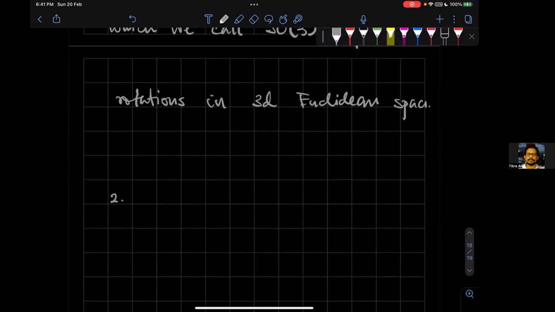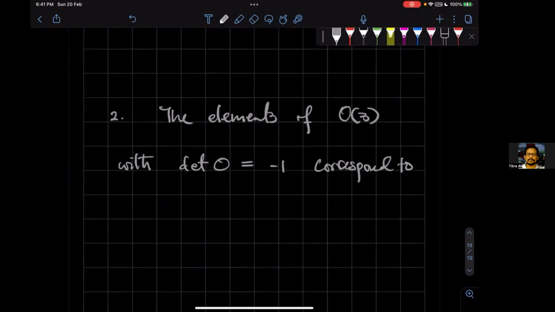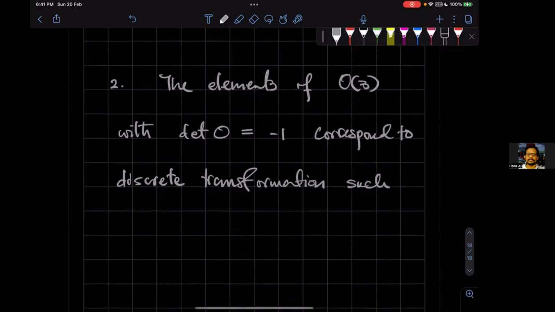Number 2 is that the elements of O3, say with determinant -1, correspond to, say, discrete transformations such as reflection or parity. Okay, for example,